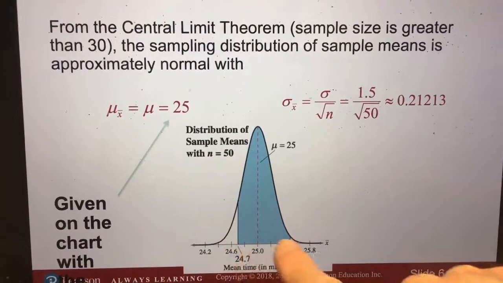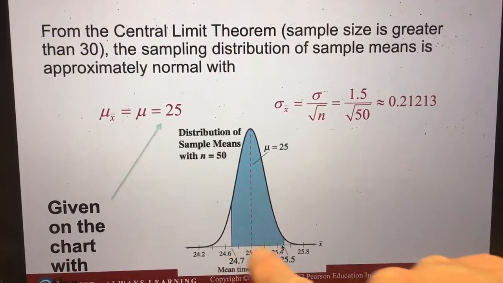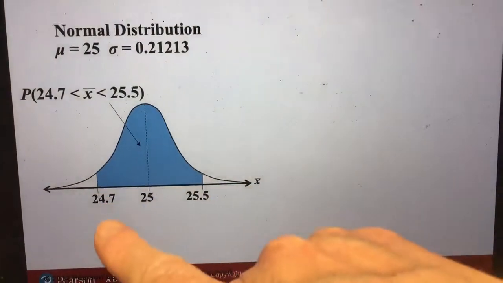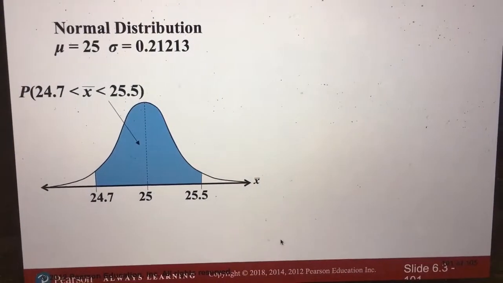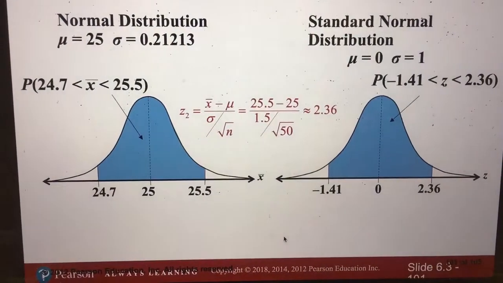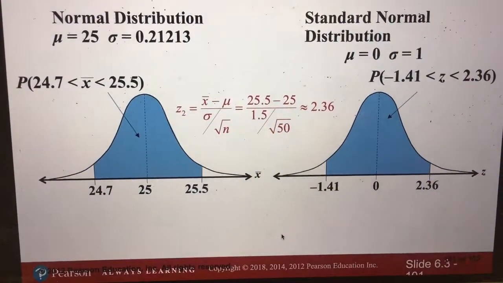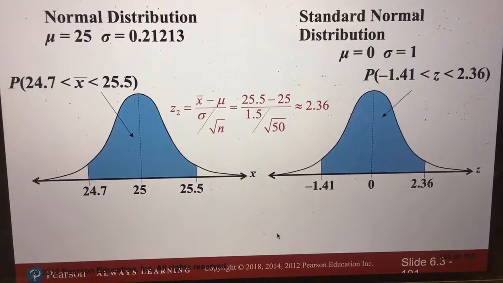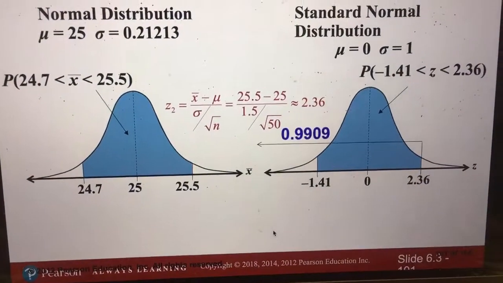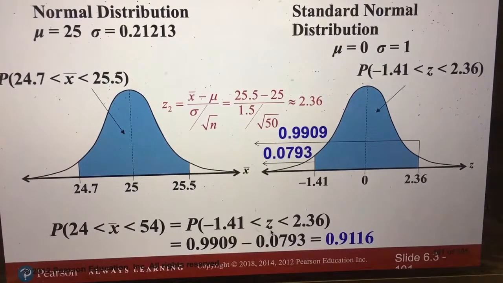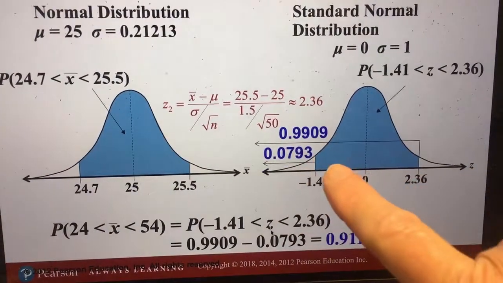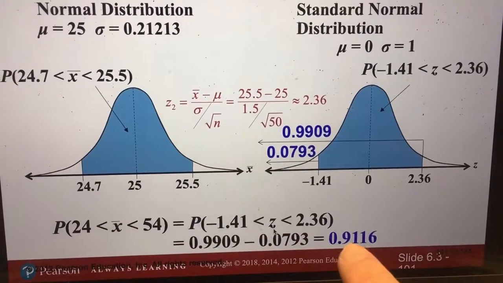All right, so because these are not z-scores right now, we're going to have to turn those into z-scores. Okay, so here they do. They have the original population, and then they're going to show you the z-score, which is calculated with the standard error of the mean and the x-bar instead of individual things. And then they get the z-score that corresponds to 25.5 is 2.36, and they're going to get the probability of the one, the probability of the other. They're going to subtract them and get